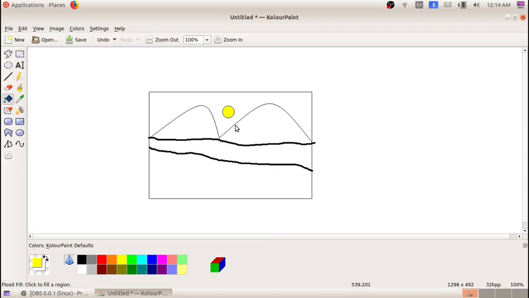So okay, that's good. I can give a yellow color to the sun, and after that I feel, can I give an orange color to this sun? Yes, so I just selected this orange color here at the bottom in the color palette, and I click inside this sun. So the color is changed to orange.